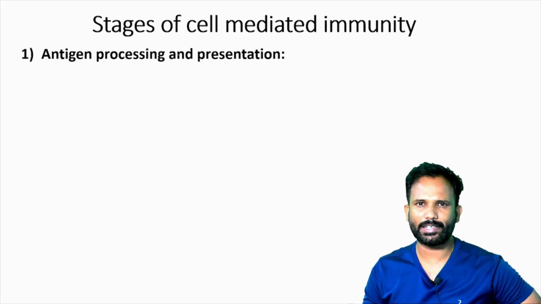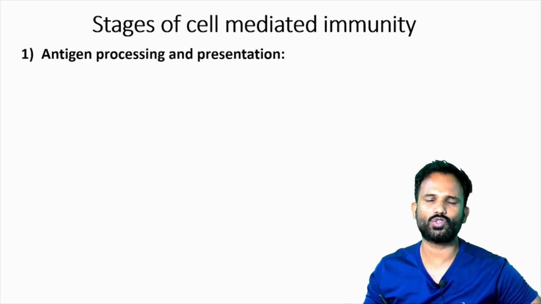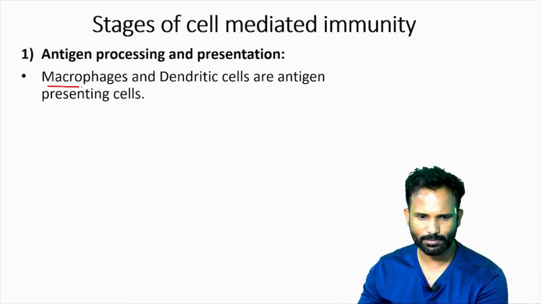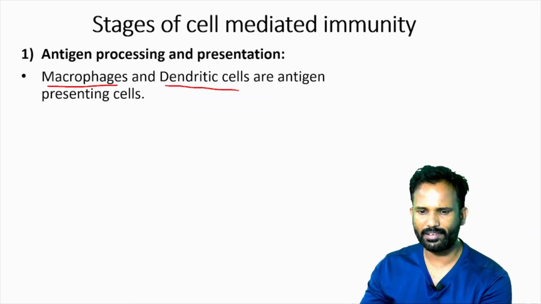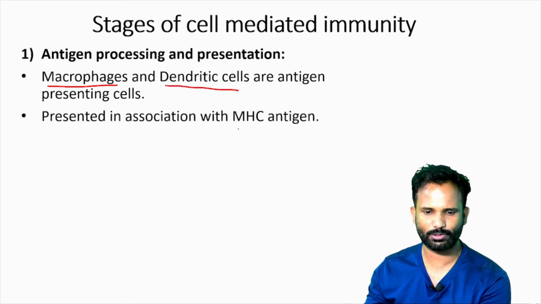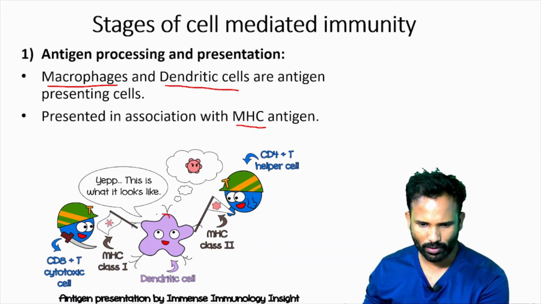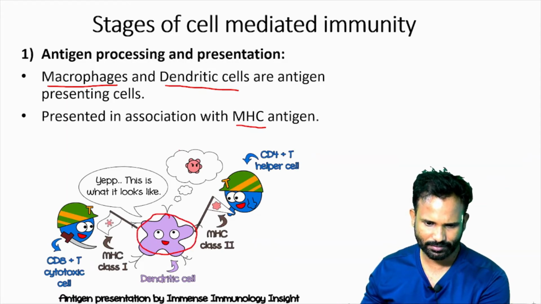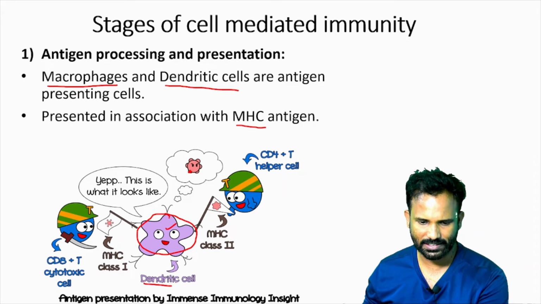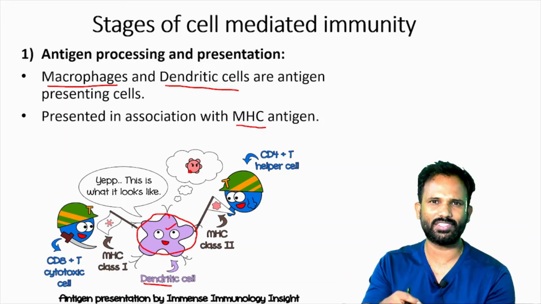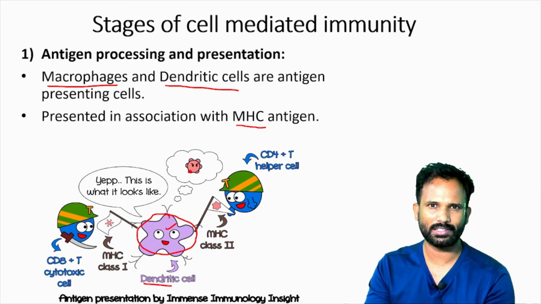For cell-mediated immunity, first the antigen has to be processed by an antigen presenting cell. We have 2 kinds of antigen presenting cells, macrophages and dendritic cells. They work along with MHC antigen, major histocompatibility complex antigen. Whatever microorganism enters the antigen presenting cell, that is the dendritic cell or macrophage, it breaks it down and combines it with a major histocompatibility complex, and presents it